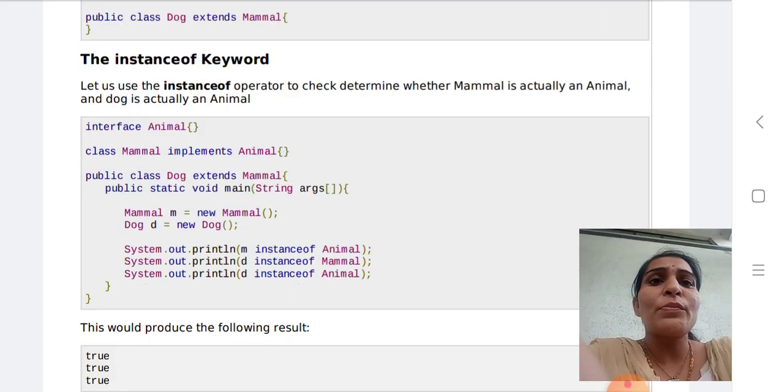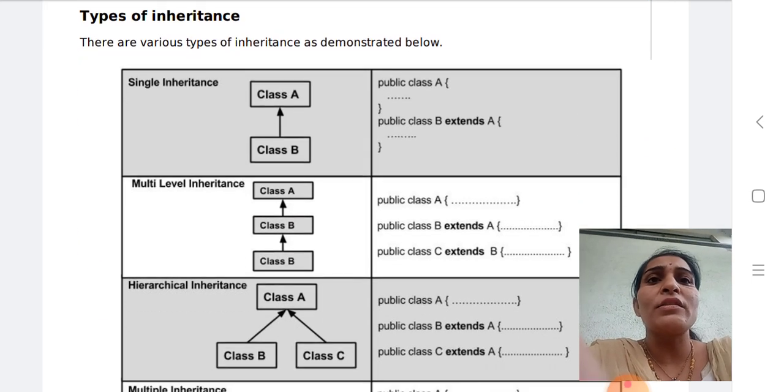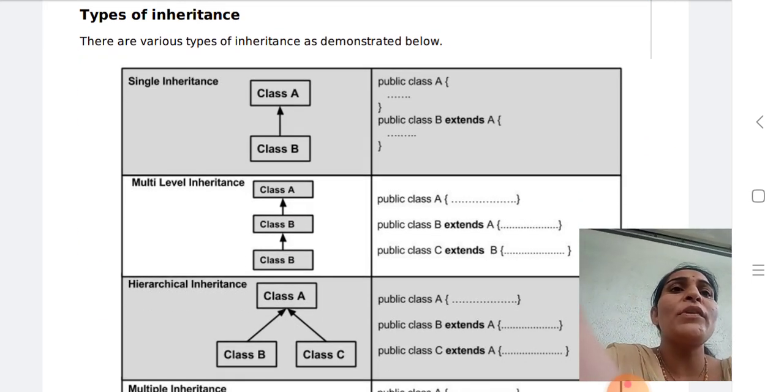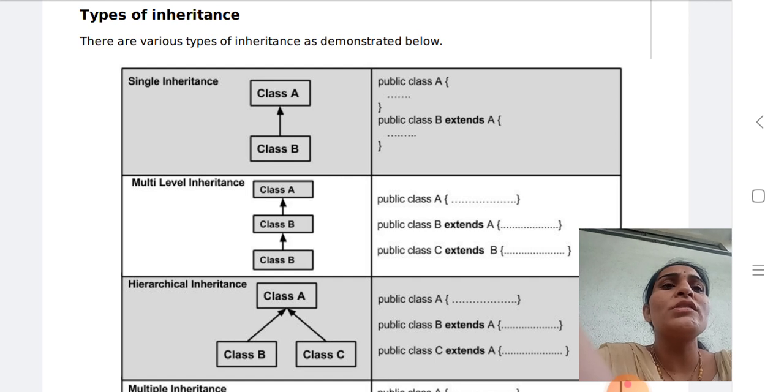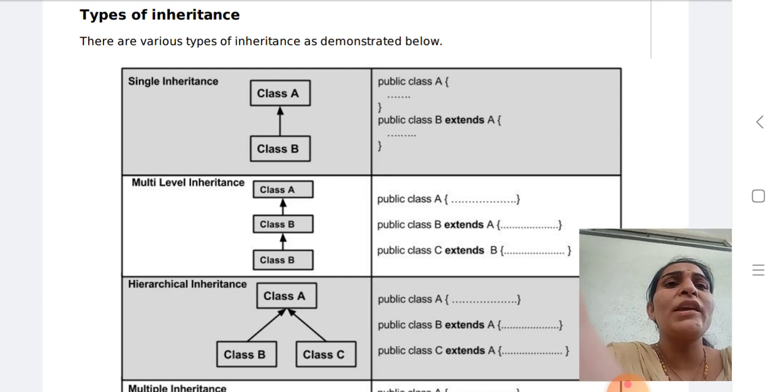Now the next point is the types of inheritance. There are various types of inheritance used in Java. Single inheritance is the first type, in which one class is derived from another class. For example, public class A, and from A, class B extends.